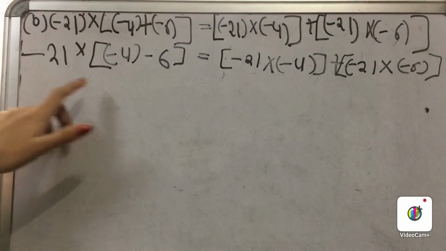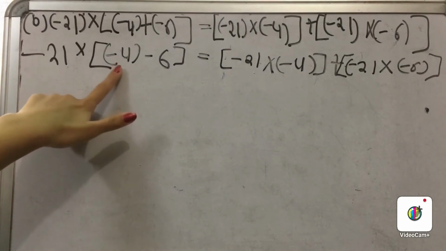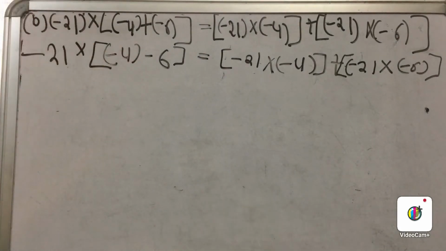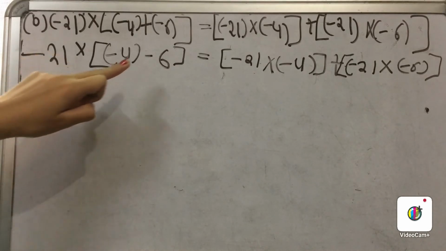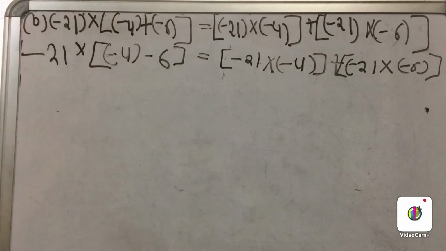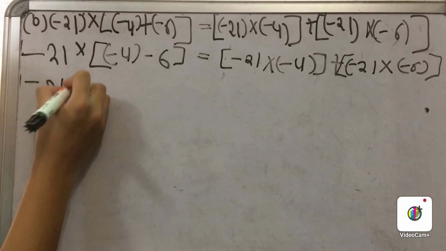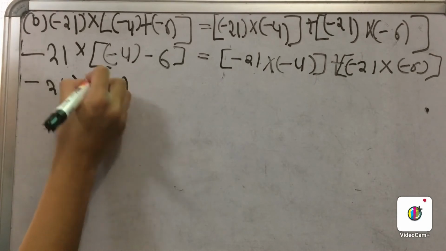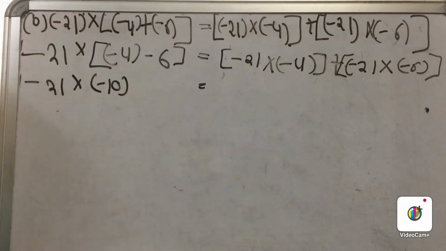So now let us solve this out. So minus minus plus. So this will be 4 plus 6. What is 4 plus 6? 4 plus 6 is 10. With which sign will 10 come? It will come with a minus sign because 6 is bigger and the sign in front of 6 is minus. So it will be minus 21 multiply minus 10. So now let us solve the RHS.